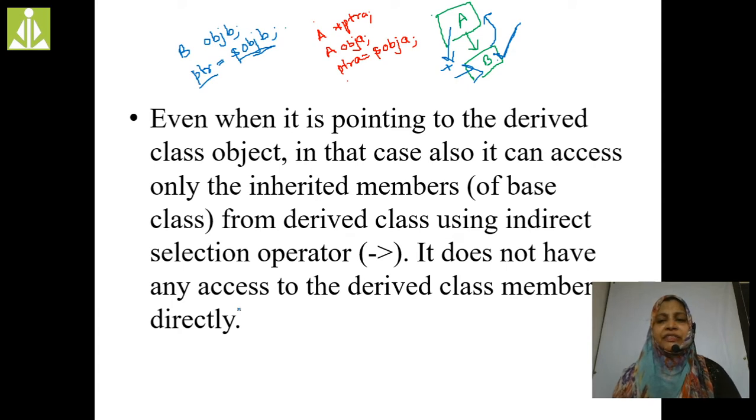All the public members of its base class are inherited in its derived class. By using this pointer variable, we can access the inherited members of its base class, and it doesn't have any access to the derived class members directly, right?